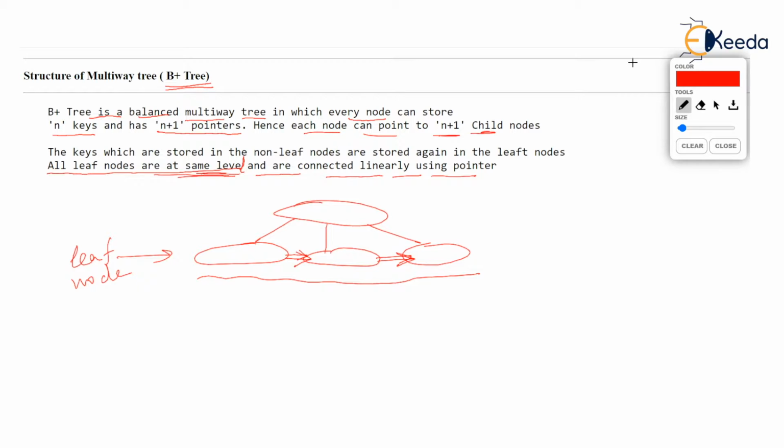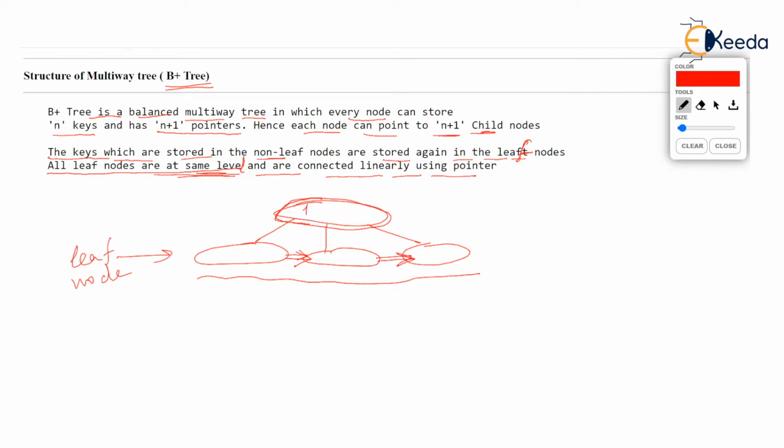Now, one more difference that you can see here is that the keys which are stored in the non-leaf node are stored again in the leaf node. I'm again sorry for the spelling mistake. Okay. Are again stored in the leaf node. What I mean by that is, now you all know that this node which I am pointing to is a non-leaf node because it has children.